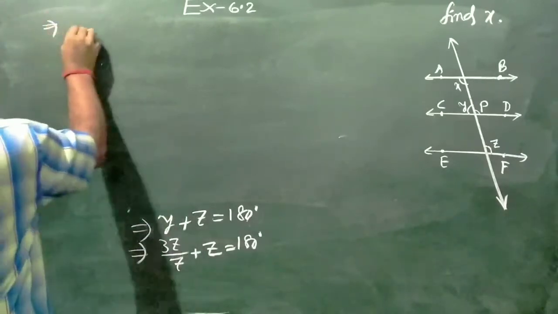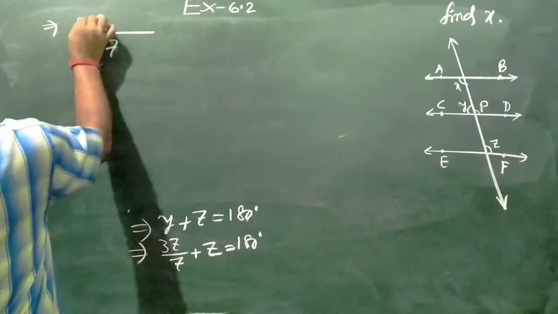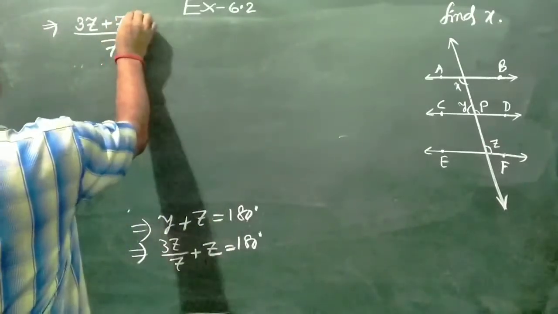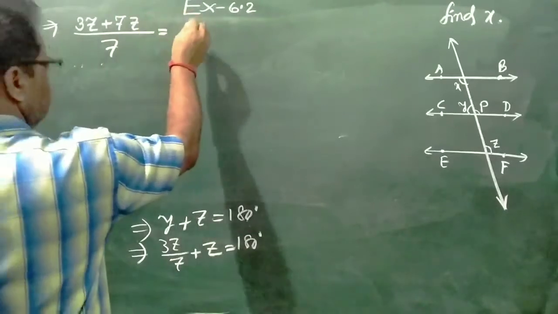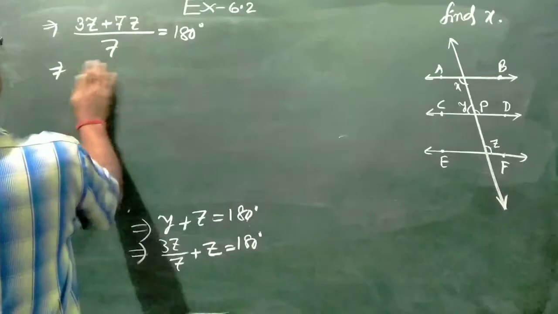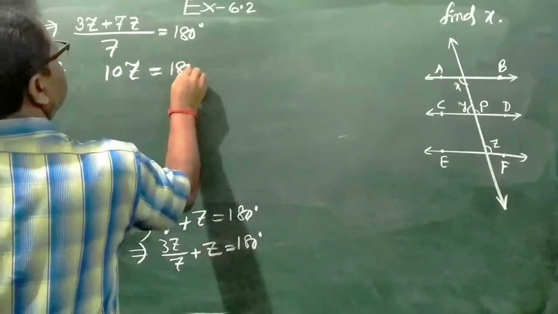LCM is 7, therefore 3Z plus 7 into Z, 7Z is equal to 180 degrees. Therefore 7Z plus 3Z, 10Z is equal to 180 into